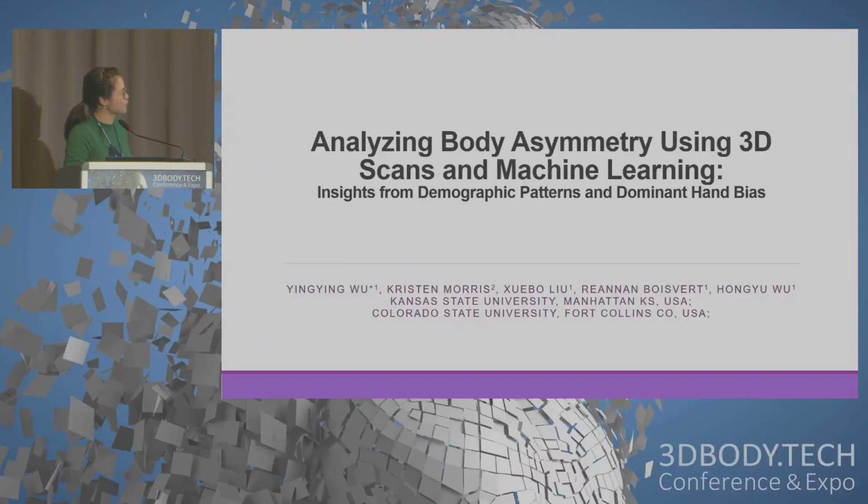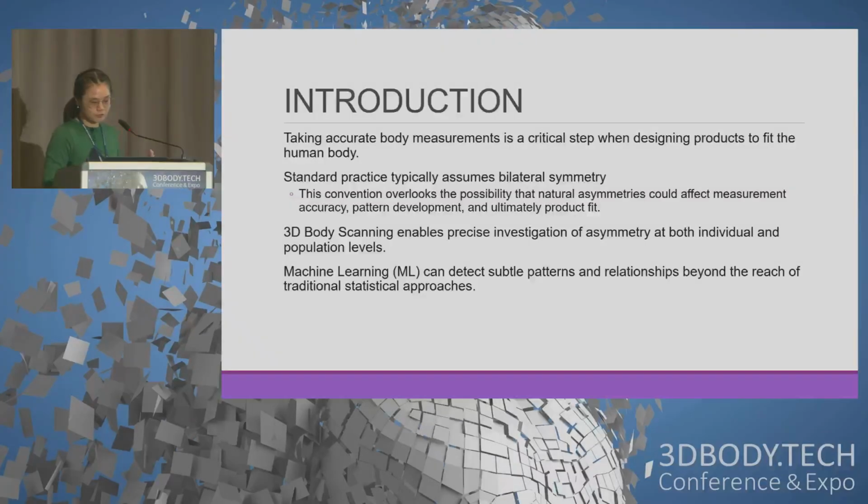I want to share our research on analyzing body asymmetry using 3D body scans and machine learning, for fields such as anthropometry, ergonomics, product design, and apparel design. Taking accurate body measurements is a critical step when designing products to fit the human body, where we typically assume our